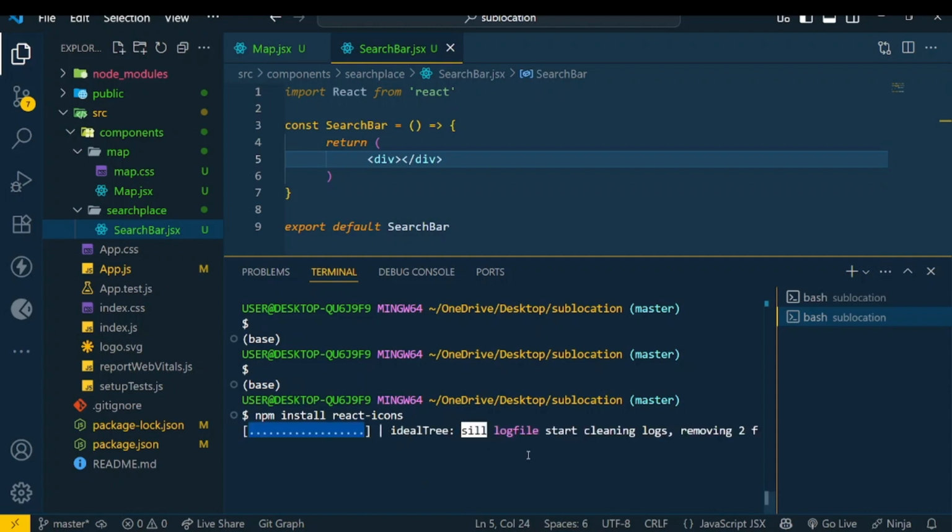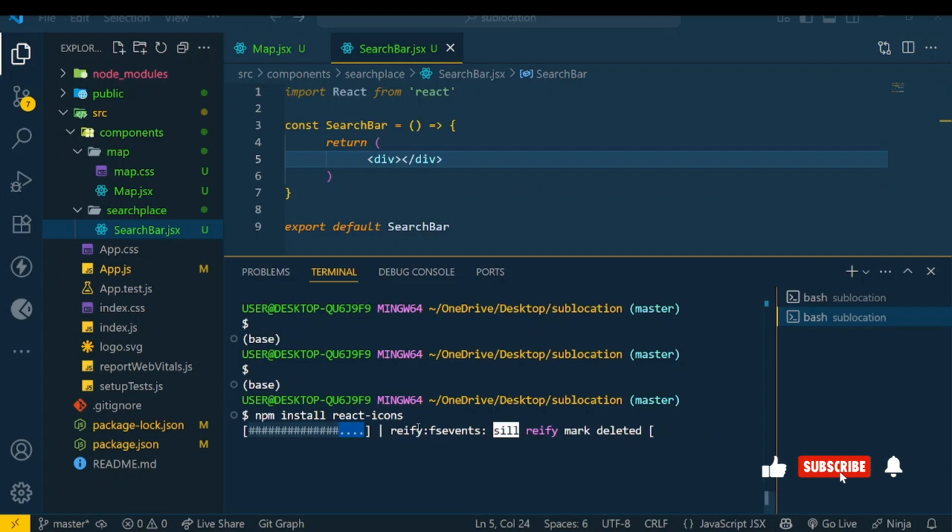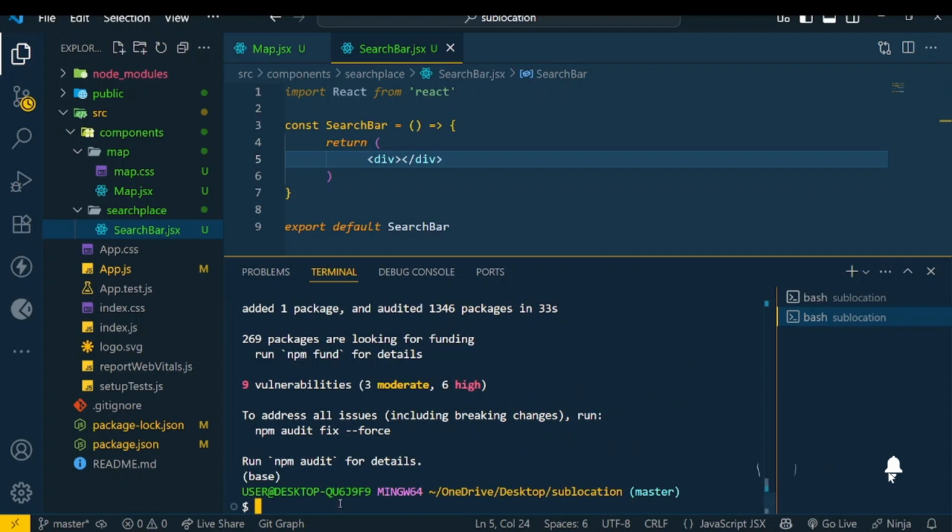So this is going to install the React icons. After it does that, we shall also install the GeoSearch, because we are going to use the GeoSearch as an API to search the places on our map. So let's wait as this one finishes to install the React icons, then we go ahead and install the GeoSearch. Okay, so it has finished. So we go ahead and again say npm install GeoSearch